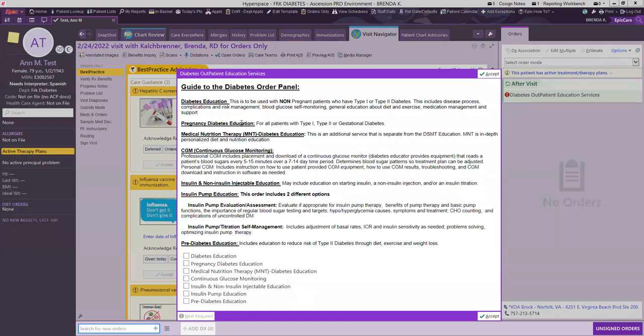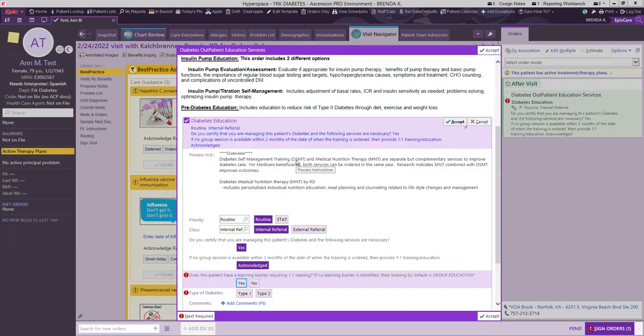The top part is going to explain the different services available through the diabetes management department, but I'm going to go through each one by one because a couple of them are kind of tricky. First thing that you'll see is the diabetes education order. Diabetes education is a comprehensive education and support regarding specific topics such as disease process, complications, blood sugar monitoring, general